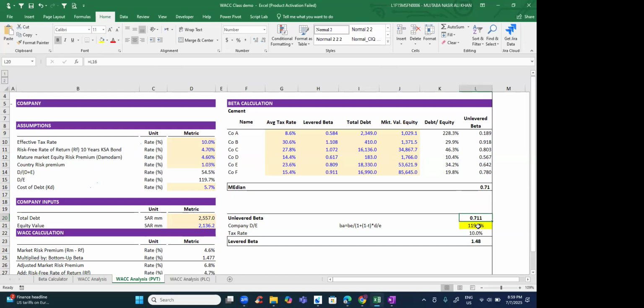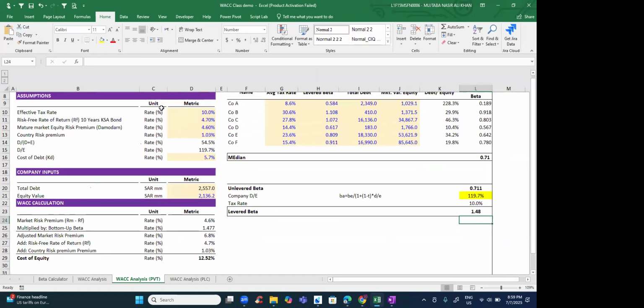You will use the company's debt equity ratio and relever it. For example, tax rate is 10%, relever it using this formula. So how? Beta asset into 1 plus, bracket, 1 minus our tax rate, into debt equity, 1.48. The rest is the same. This is the effective tax rate, risk-free rate,